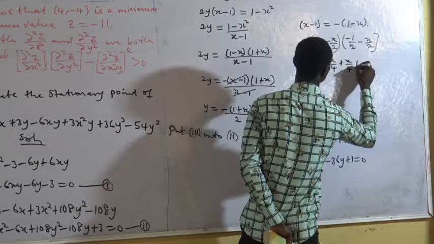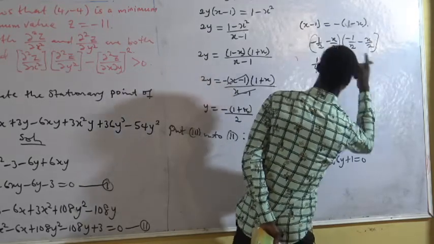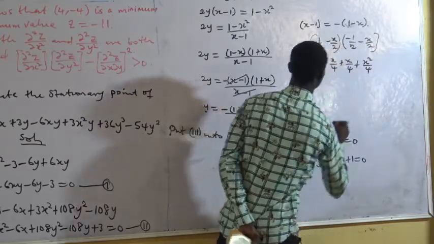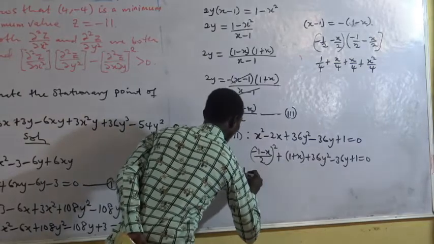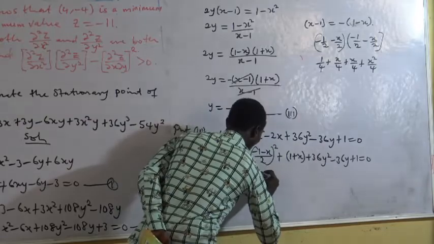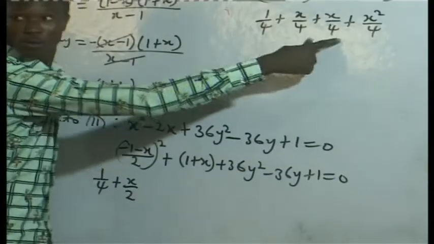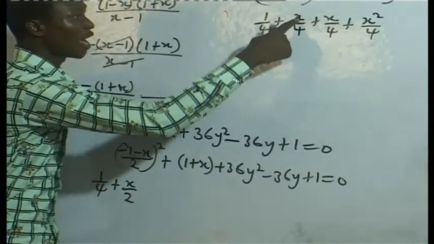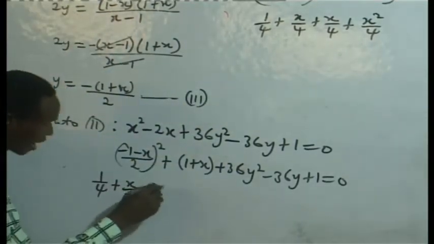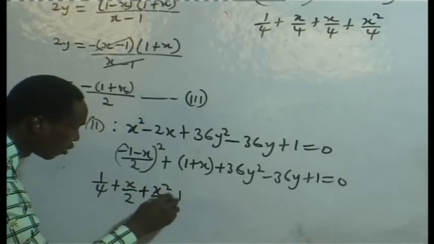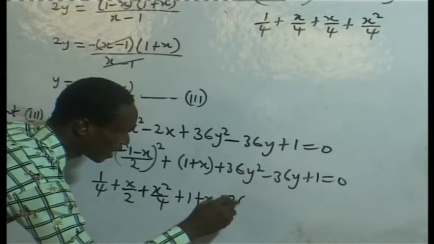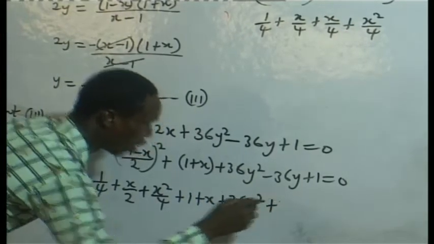This one will multiply this, I'll get plus x squared over 4. Then that will give me 1 over 4 plus x over 2, 2x over 4, plus x squared over 4, plus 1 plus x plus 36y squared plus